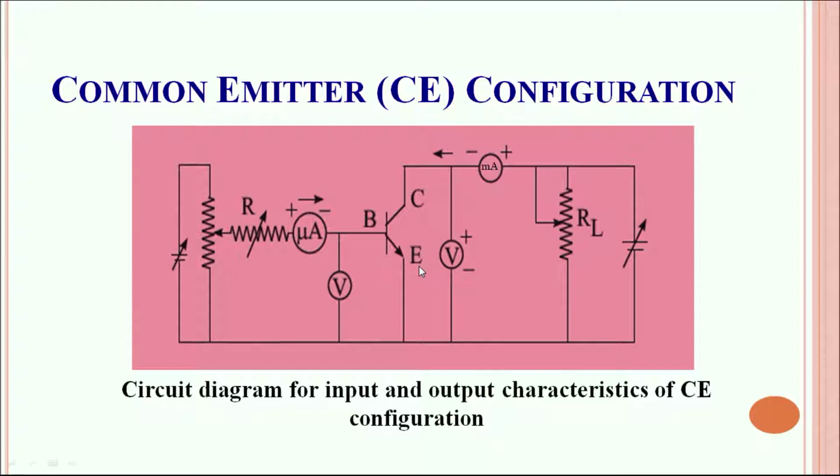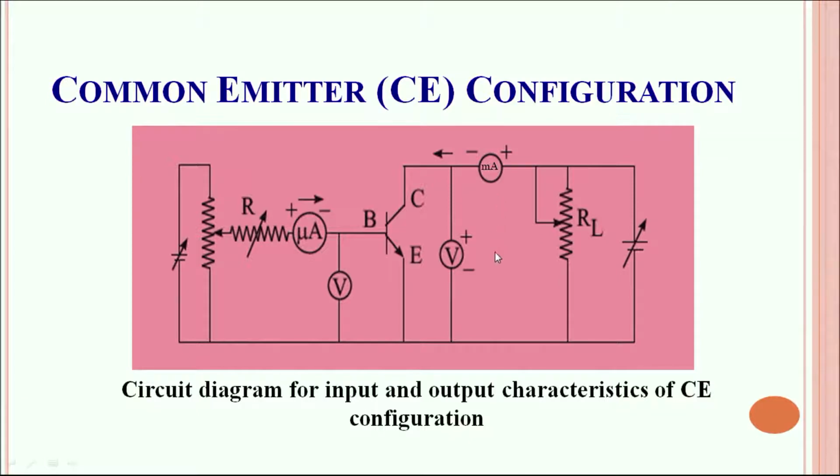Since this is an NPN transistor, the emitter, which is of N type, is connected to the positive terminal of the battery, indicating this to be a reverse bias. And the voltage output or the current output is measured across this load resistance RL. Over here, to start with, the base current is measured in microamperes while the collector current, which is large enough, is measured in terms of milliampere.